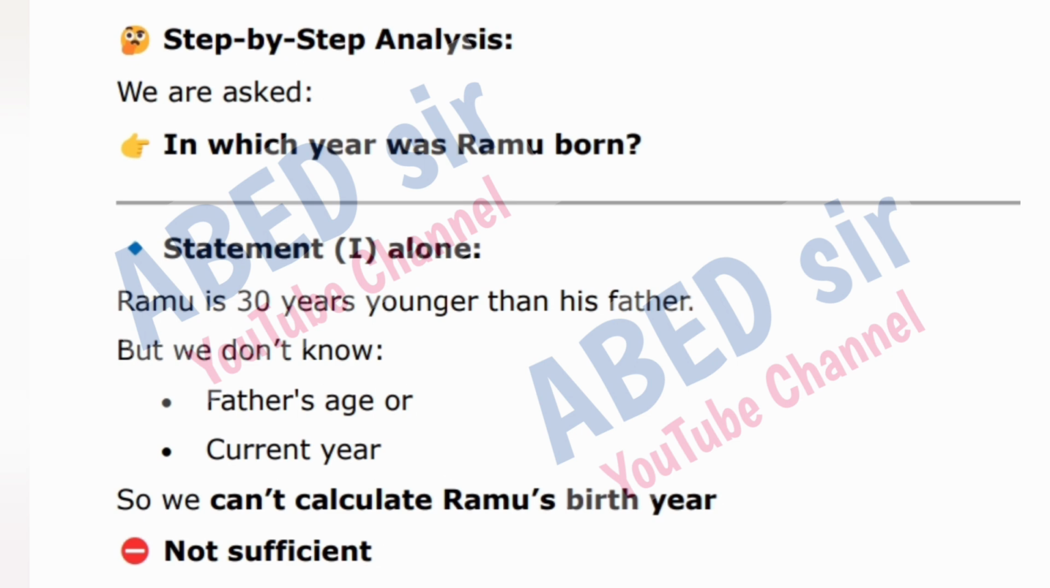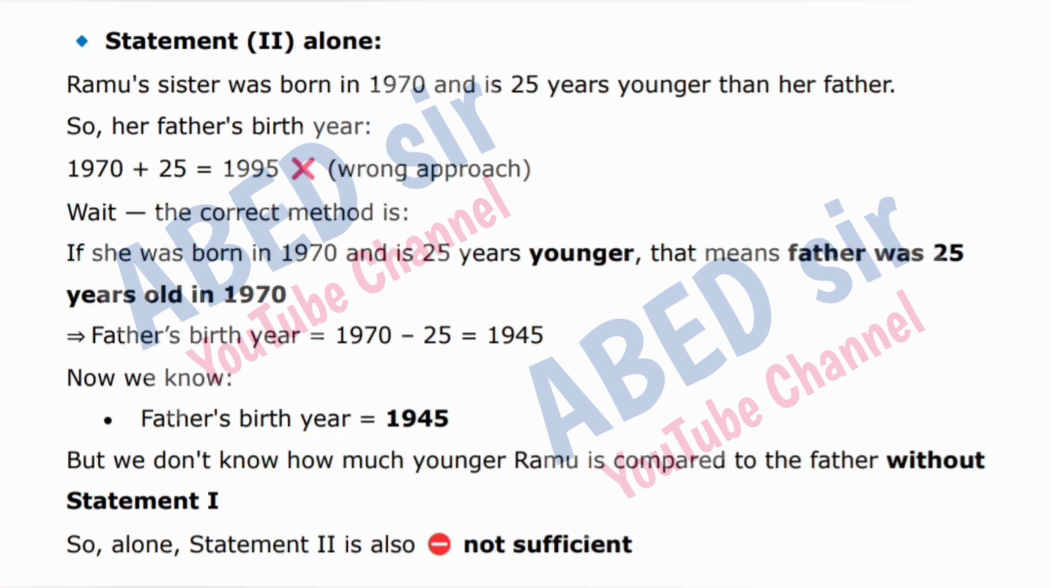Statement 1 alone. Ramu is 30 years younger than his father. But we don't know father's age or current year. So we can't calculate Ramu's birth year. Not sufficient. Statement 2 alone. Ramu's sister was born in 1970 and is 25 years younger than her father. So, her father's birth year